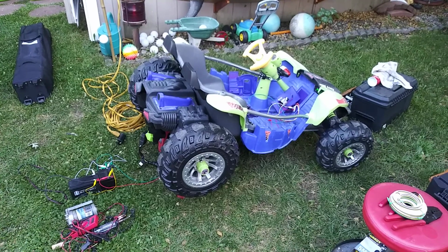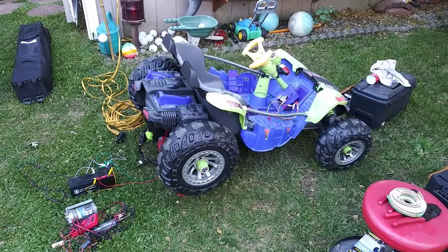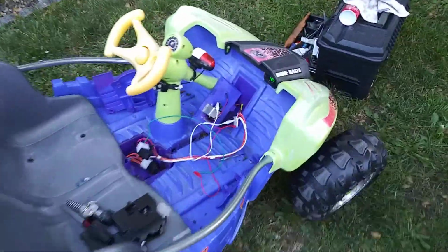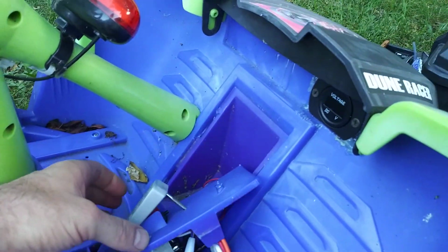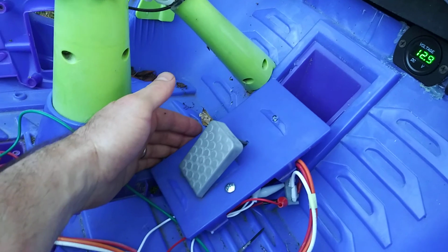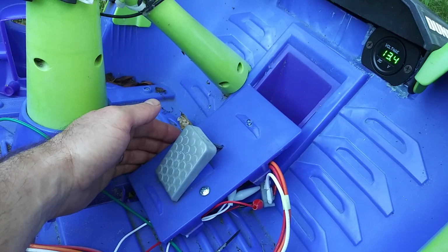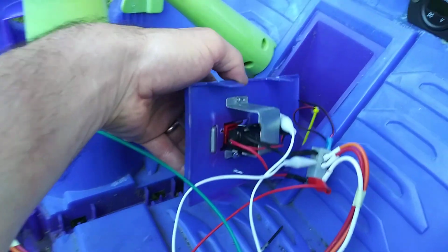Alright, this is a Dune Racer power wheel. What I'm doing is basically hooking up a variable throttle, because that will allow us to use a controller on a lithium battery pack that won't spike amps. So this is a $5